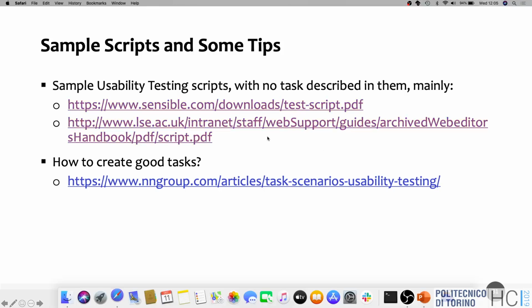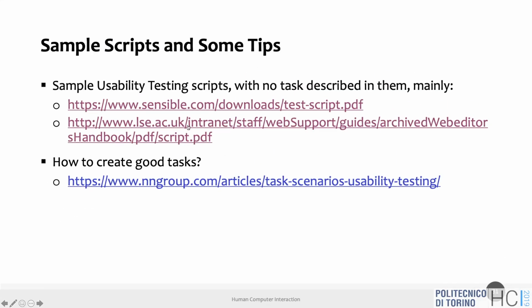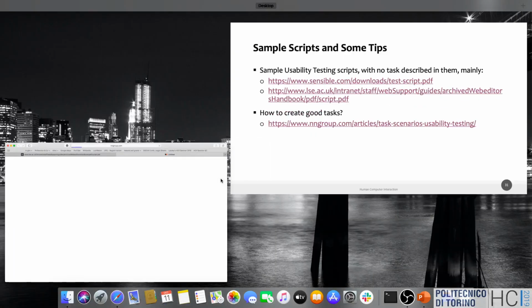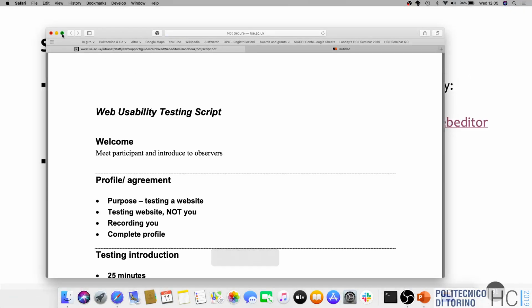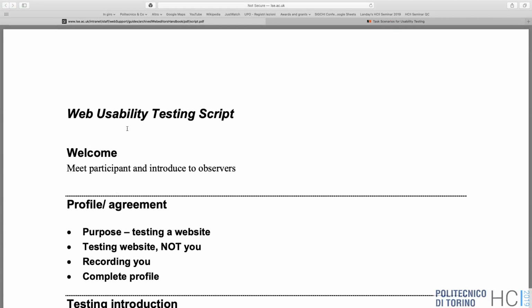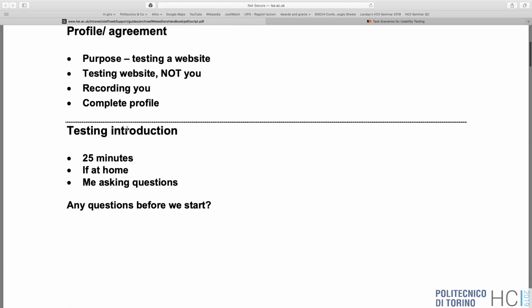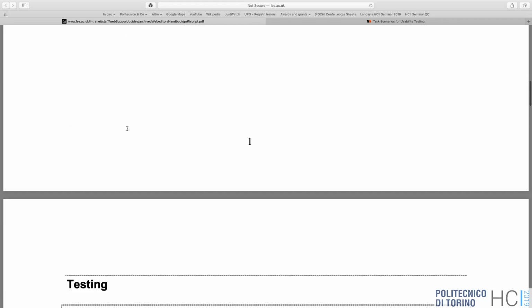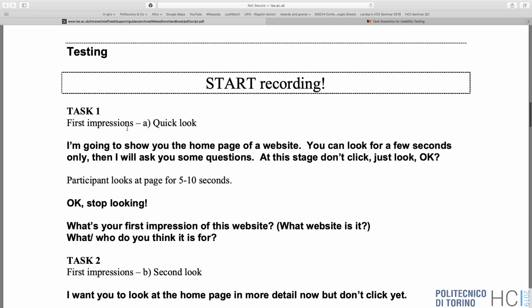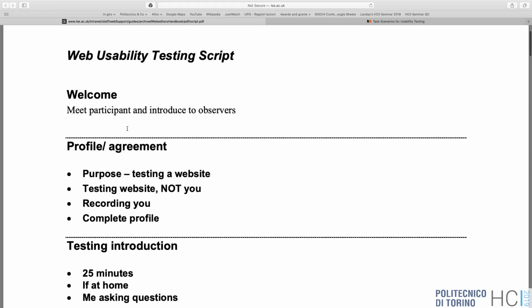Before stopping the video recording, let me open these. These are two samples of usability test scripts. If you look on the internet for usability test scripts, you find a lot of examples and suggestions. They are quite good in general because it's something that is really consolidated as a practice, so it's easy to find a lot of information. Just to have a couple of examples, this is a web usability testing script